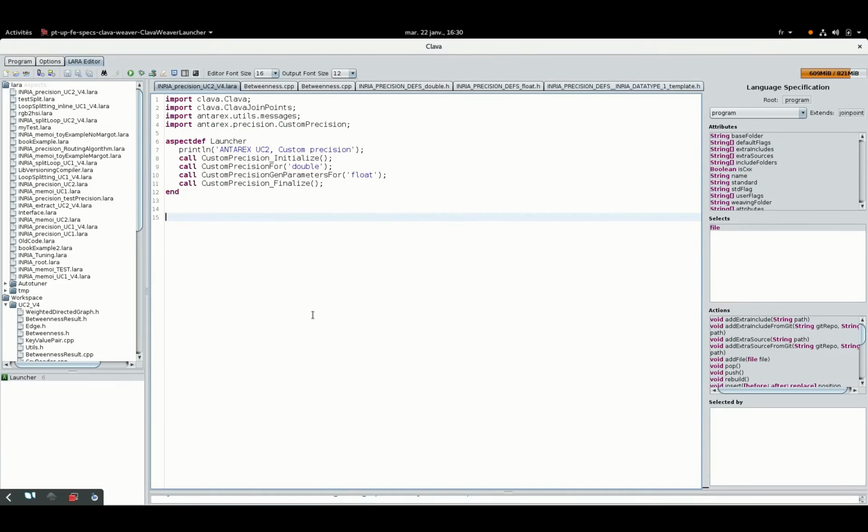To conclude for this example, the gain comparing the double and the float version is around 12% for some graphs. This video presented an easy way to explore different representations of numerical types for C and C++ languages. The advantage of the developed strategy is that this abstraction does not require any user modification of the source code.